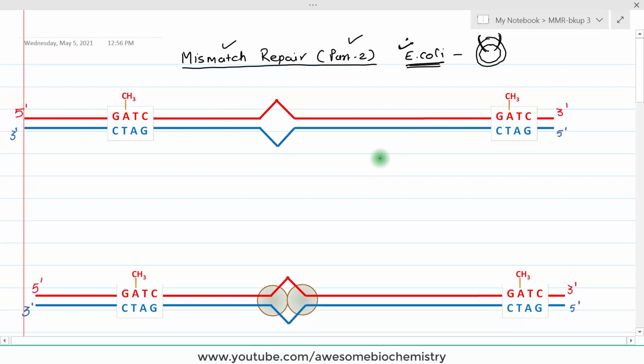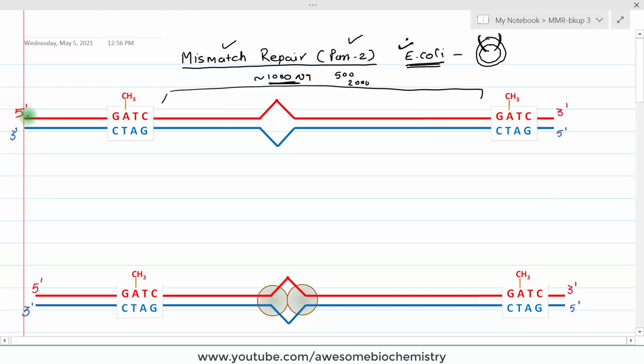We also discussed in the previous video that on average, at every 1000 nucleotides, one GATC sequence is found. It is not necessary that it will be found at every 1000 nucleotides, but it is on average. At some places it may be at a distance of 500 nucleotides, and at some places at a distance of 2000 nucleotides. But on average, this GATC sequence will be found at every 1000 nucleotides.